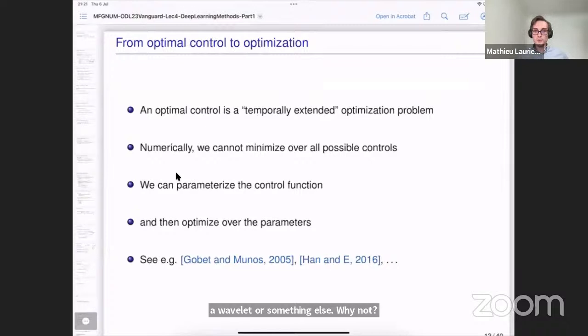These ideas go back to at least, for example, the paper I'm citing here, but probably others around that time. Around 2005, it was pretty hard and painful to implement neural networks because you had to do everything by hand, in particular computing the gradient of the neural network with respect to the parameters. It's painful, particularly when the neural network is deep and the architecture is complex. We didn't have Adam, we didn't have a lot of tools. So at that time, neural networks were not as efficient as today. More recently, this type of method has regained interest. In particular, this paper of Han and E managed to solve control problems in very high dimension using this approach.